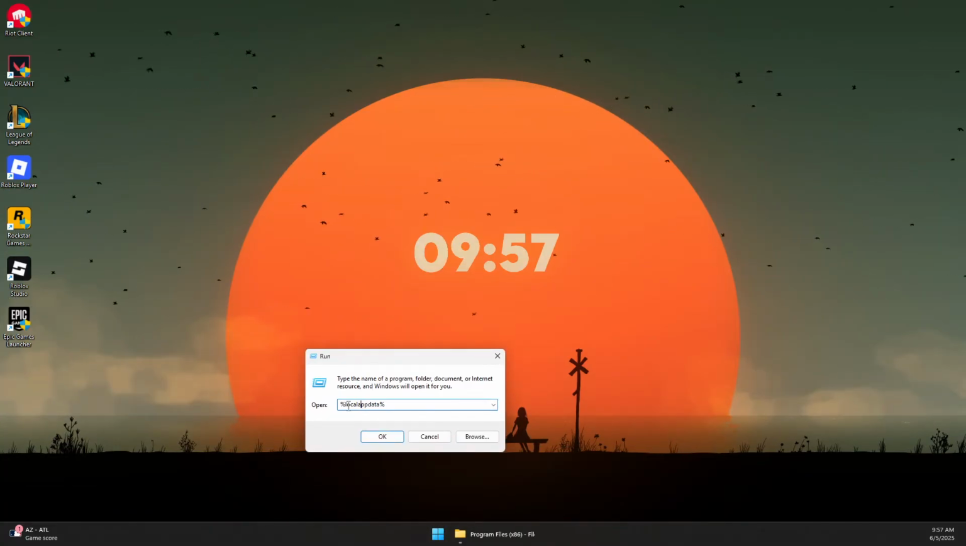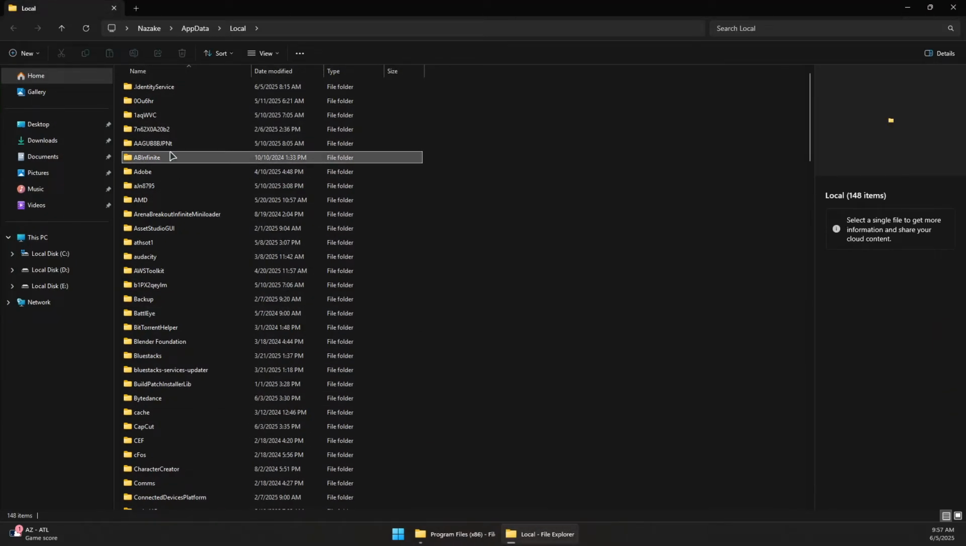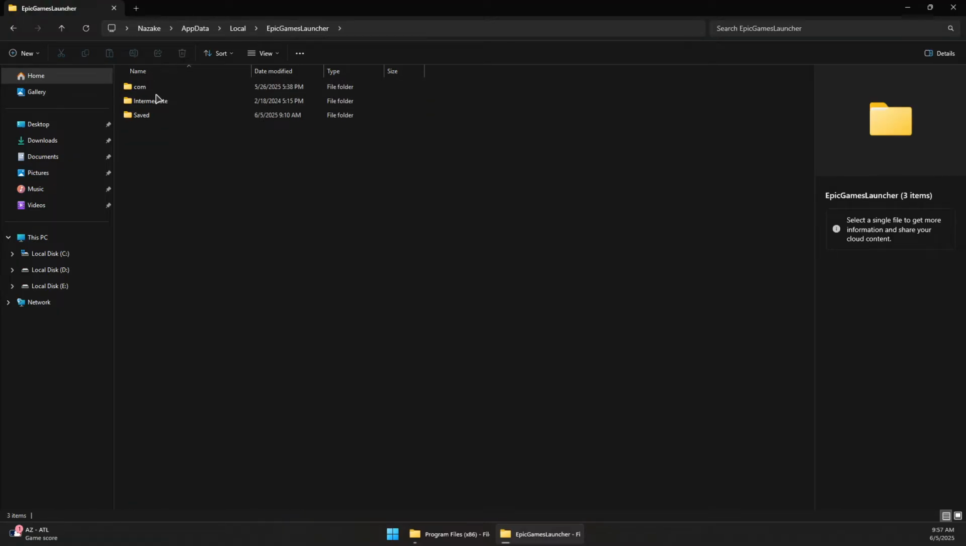And then we want to type %localappdata% and press OK. Now you want to search for Epic Games Launcher, double click on it and then double click on the Saved folder. Now if you see a folder called webcache